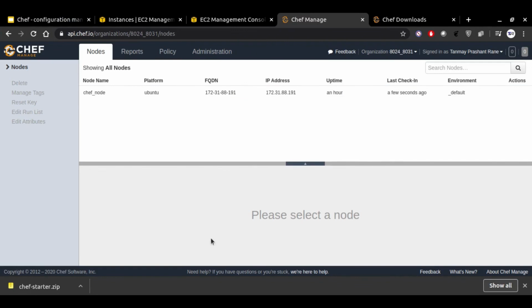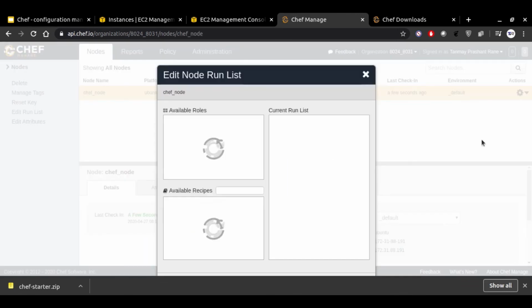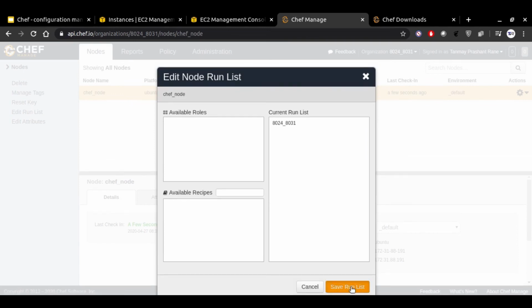So after this, the server knows that if any of the nodes in this list issues a command, then we should run something. So we'll drag and drop our cookbook into the run list, and we'll just say save run list.